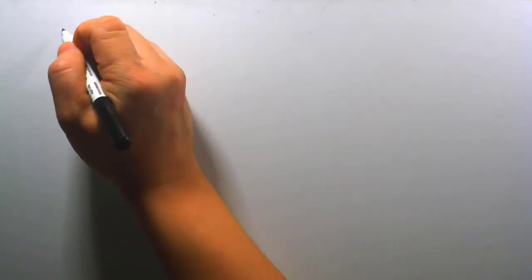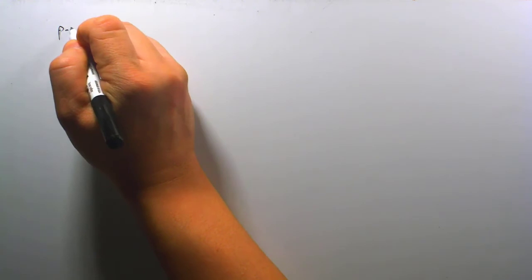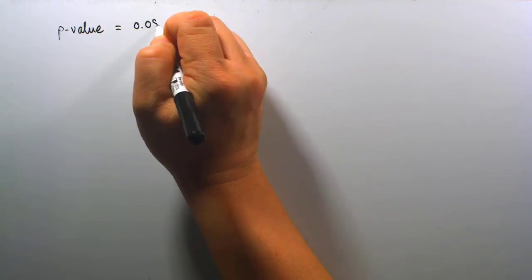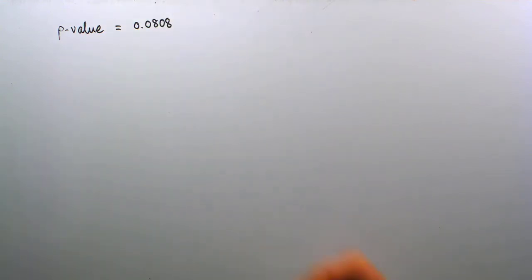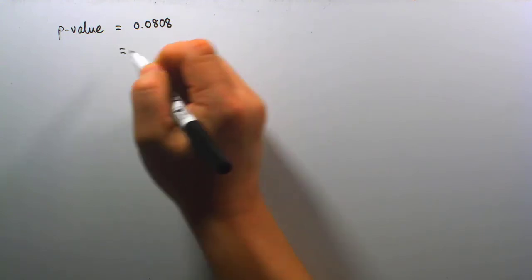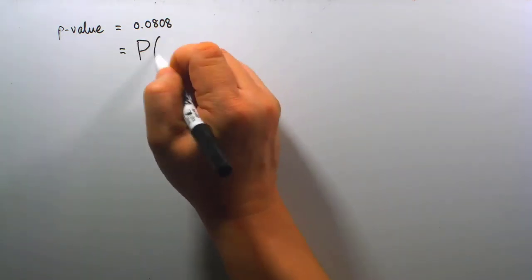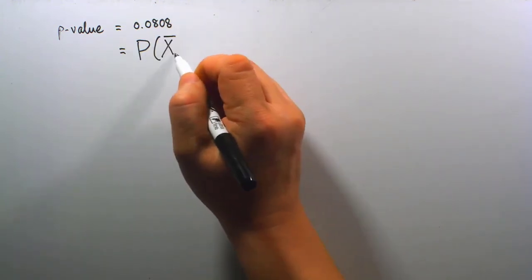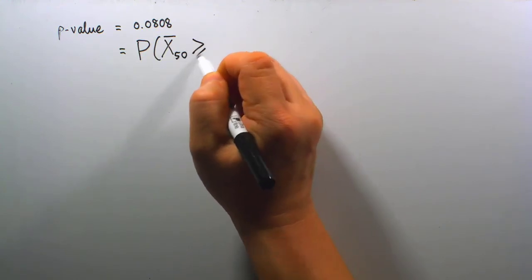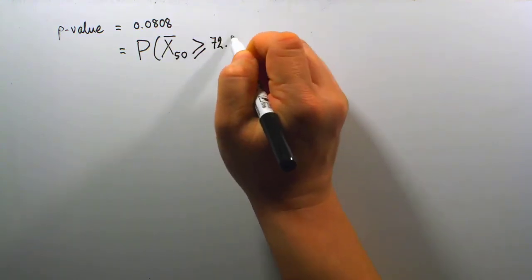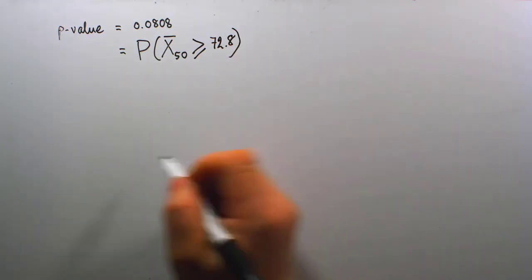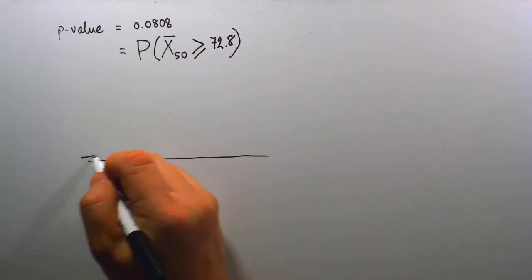And so now again, looking back at our p-value, our final p-value of our current sample was calculated to be 0.0808. And as a calculation setup, this p-value was set up as the probability that on our bell curve we would find a sample mean X bar greater than or equal to 72.8. And so on the picture of our bell curve right here,